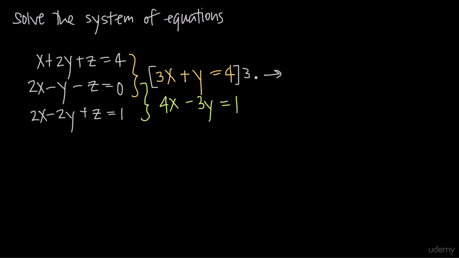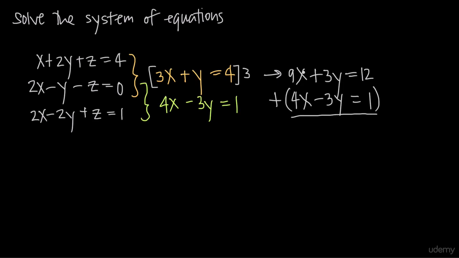So this then becomes 3 times 3x gives us 9x, 3 times y gives us plus 3y, and 3 times 4 gives us 12. So we have 12 here. And then we're going to have 4x minus 3y is equal to 1. Now when we add these two equations together,